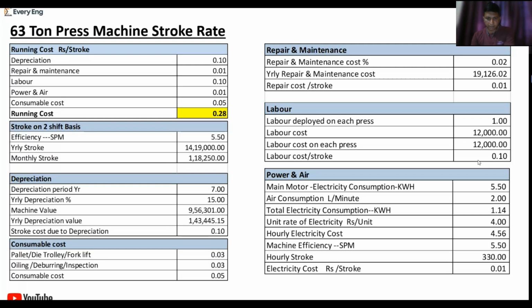Sir, life of machine, can I consider it as the depreciation period? Yes, life of machine is equal to depreciation period. We also change it, मतलब 5 ईयर, 7 ईयर, 10 ईयर। नहीं, जैसे आपने कहा था कि वीएमसी का जो मशीन लाइफ है वो 15 ईयर्स है, तो उसके लिए हम डिप्रिसिएशन पीरियड कितना कंसिडर कर सकते हैं या कितना कंसिडर करना चाहिए? VMC का 15 years, maximum people are using in the VMC, CNC consider 15 years. मतलब life of machine equal to depreciation period. Yes, थैंक यू।